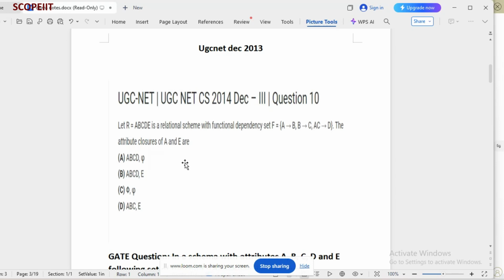Just let me know in comment how many of you have answered option B. Some students definitely have answered option B. The correct answer is option A. Why? Is it A? No, the correct answer is option B only. So the student who have answered B is right.